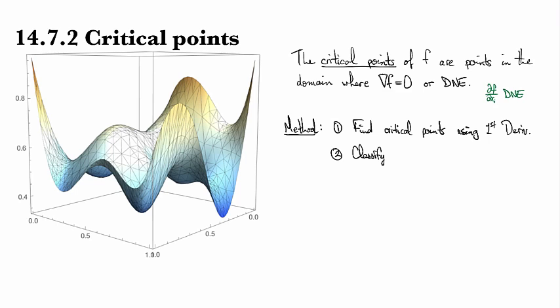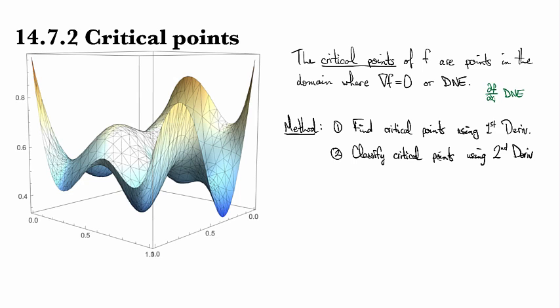So we might get, like, I don't know, one critical point or two or three or something, maybe a whole circle's worth of critical points, and then we're going to classify the critical points using the second derivative test. And then we'll have to check the boundary of our domain,